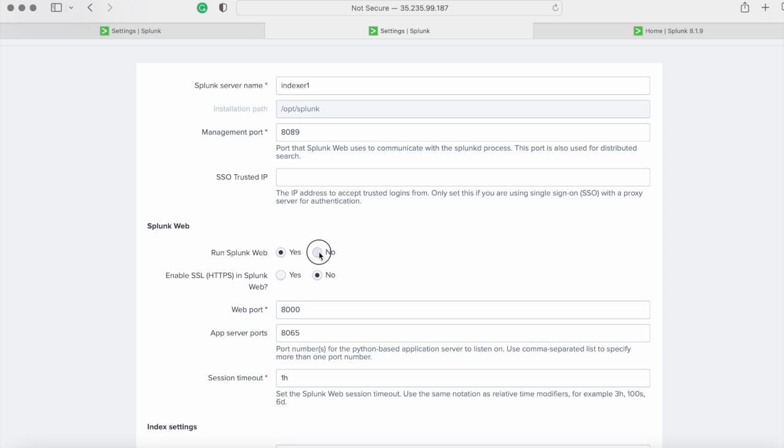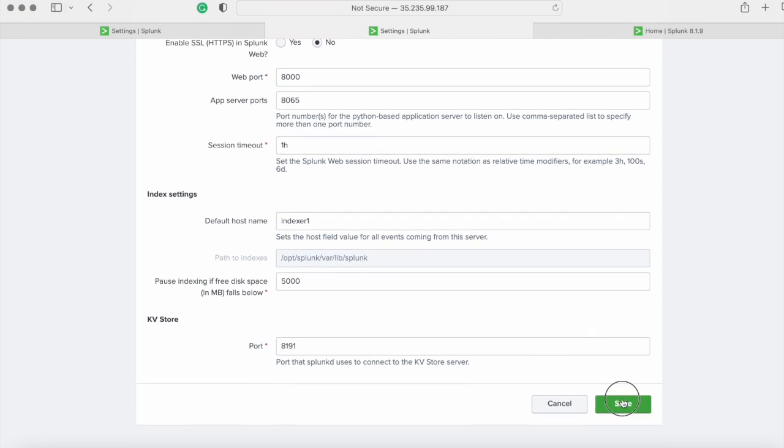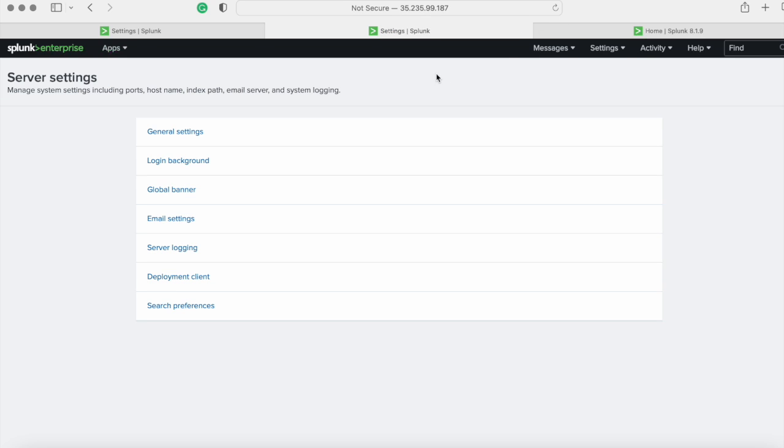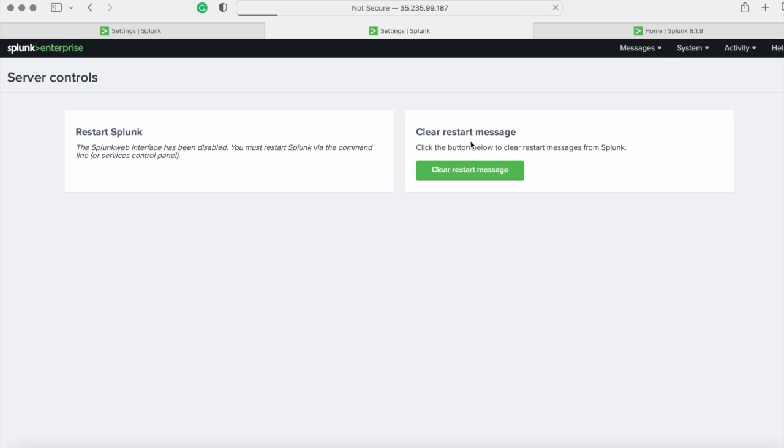So if you disable this, click OK. Once you refresh, you will not have the GUI enabled. I guess we need to restart it. Once you restart,